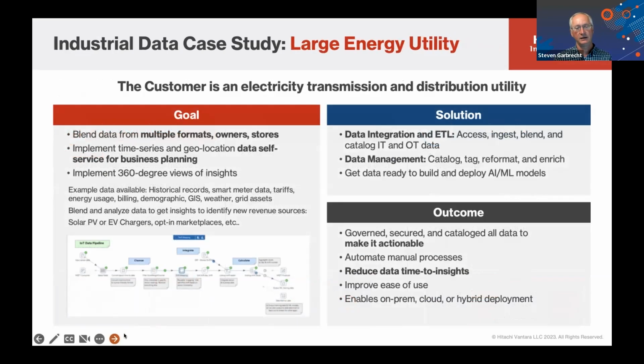In the next slide, talking about a large energy utility where they've done their digitization, right? They put in smart meters, smart infrastructure in place. Now they want to leverage this information, and they want to pull together with other data sets to provide the ability for their call center people to give better insights to people, as far as what's going on when they get a call, right? And even be able to be proactive and give them information ahead of time so that the customer experience is so much better. I live in Texas. We recently had a big ice storm. Power was knocked out everywhere because of tree limbs falling.